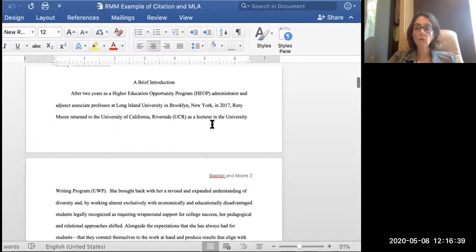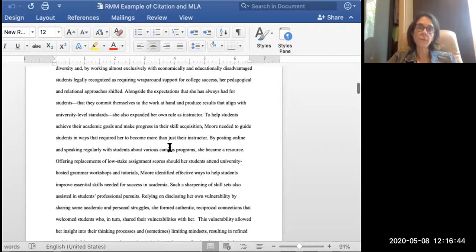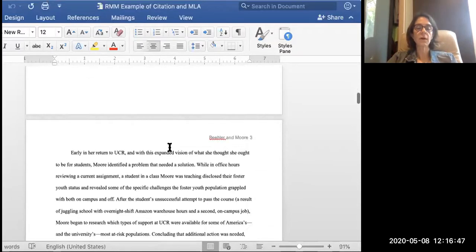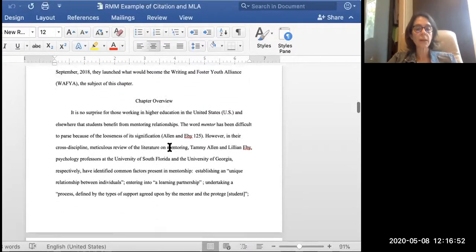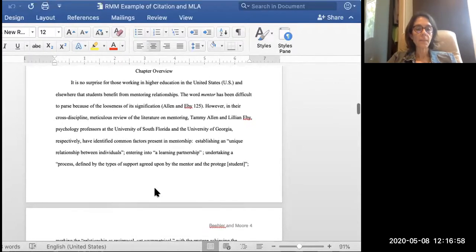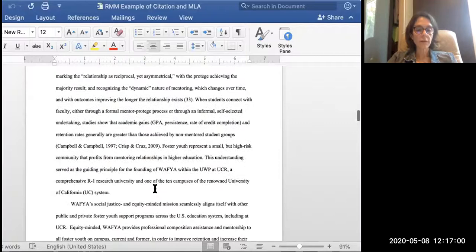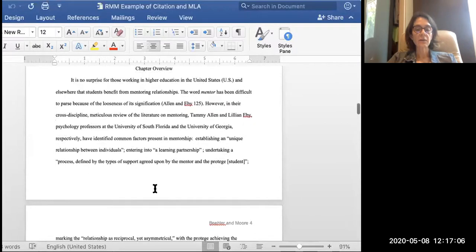I'm going to give you the introduction, right? A brief introduction. Oh, I'm going to bypass this. This is more like before we actually get to the paper. This is how I even came across wanting to solve this problem and launch this program. So the chapter overview then is some basic information that identifies the role that mentoring has in improving student success, right? So when we talk about it in your papers,